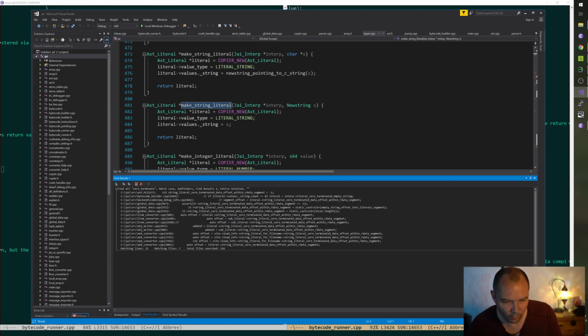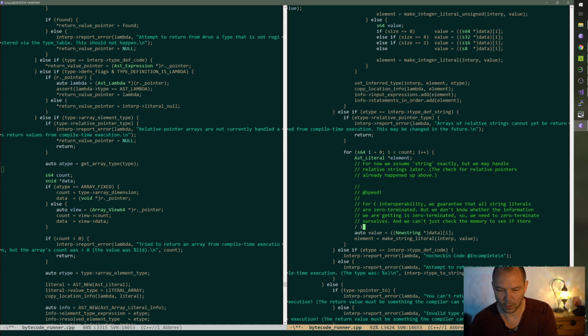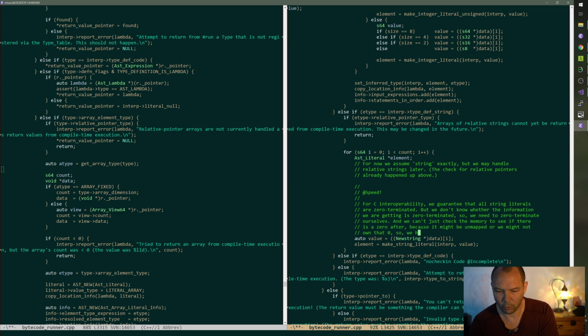All right. So this is not relevant. I don't see a zero terminate function. See, the problem is you can't just check the existing memory. We can't just check the memory to see if there is a zero after because it might be unmapped or we might not own that zero. So we have to copy the whole thing. Yay.